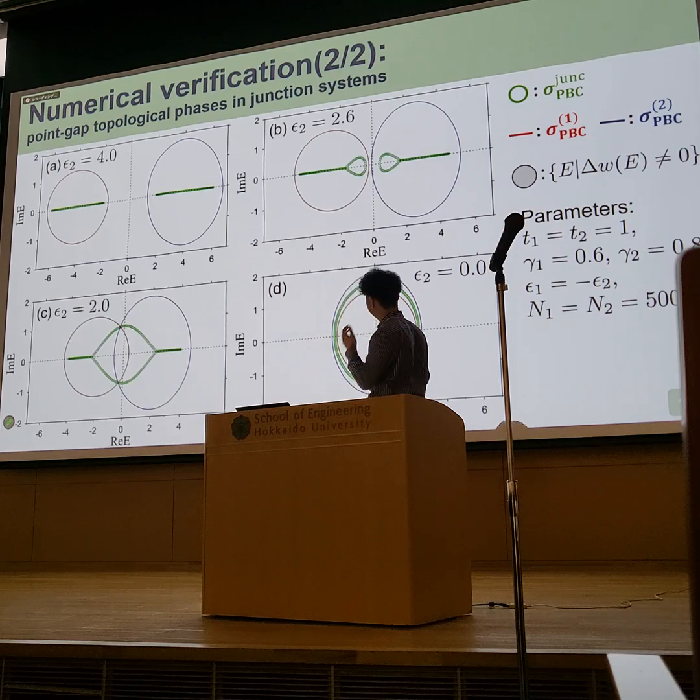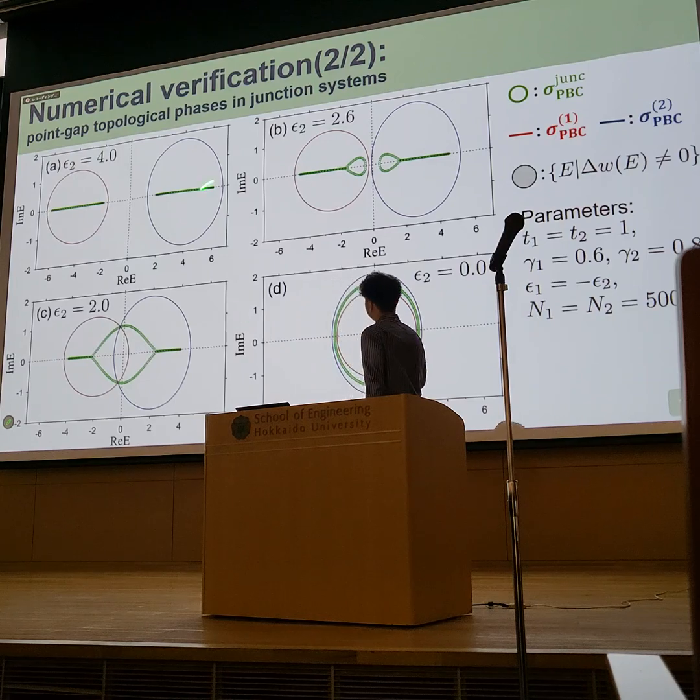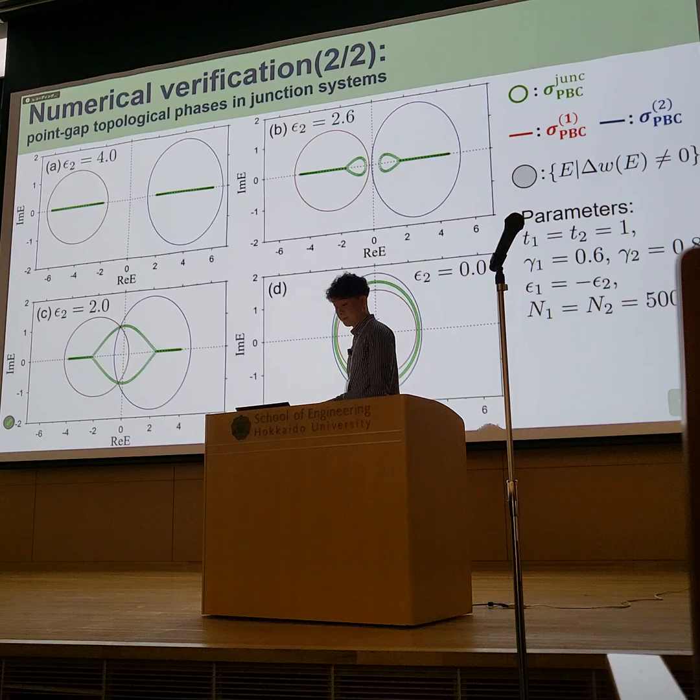So this shows the PVC spectra of junction systems. And figure C in the bottom left is the same spectrum for the junction system we saw previously. The difference in the four figures is the difference in on-site potential, varying the distance between PVC spectra. If the on-site potential epsilon2 approaches infinity, each PVC spectrum of the subsystem will move far away on the complex plane